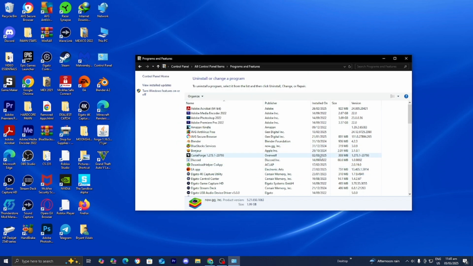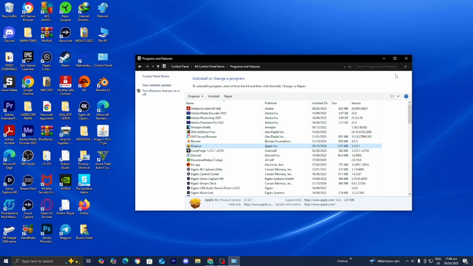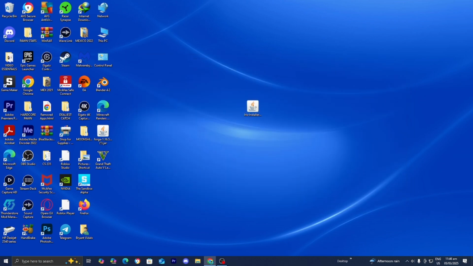However, it is not done yet. Now, it is going to say that it did uninstall BlueStacks, but that's not actually the case. We still need to go ahead and do more steps. So if you see BlueStacks services over here, then you want to right click on it, then press on uninstall, and then just wait for it to actually start uninstalling. All right, there you go. And once you're done with that, we can now proceed to the next step because unfortunately, we are not done